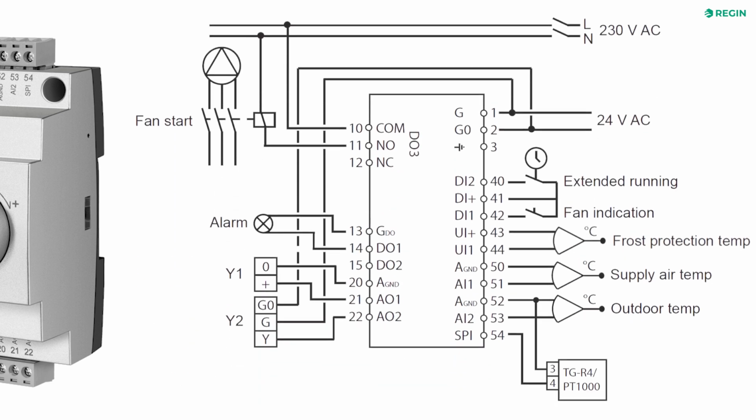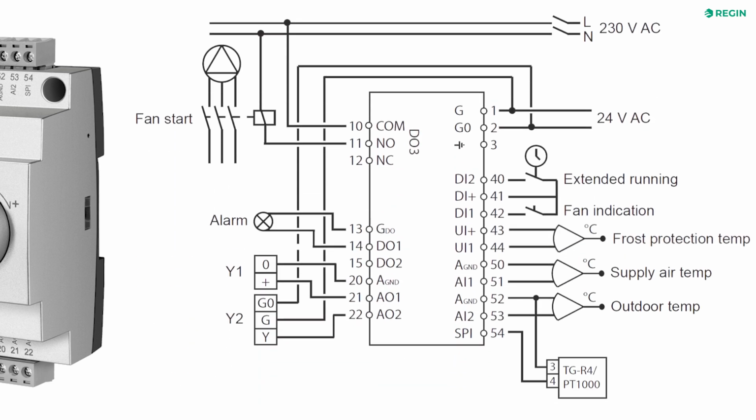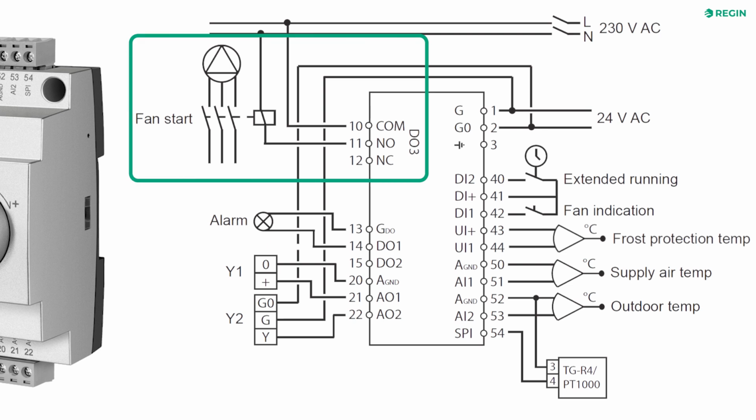Please note that in Control Mode 2, the program uses digital output 3 for fan start. The input for fan indication, digital input 1, must be connected and follow the fan output. In other words, if the output closes, the input must also close, or an alarm will be triggered. If there is no fan to start, the simplest solution is to use a relay on digital input 1, which closes when digital output 3 is active.